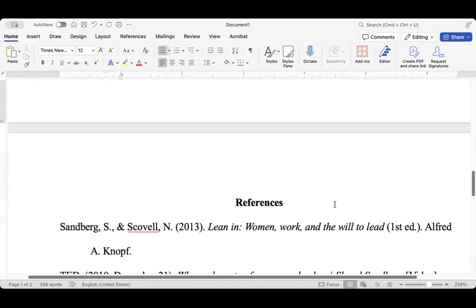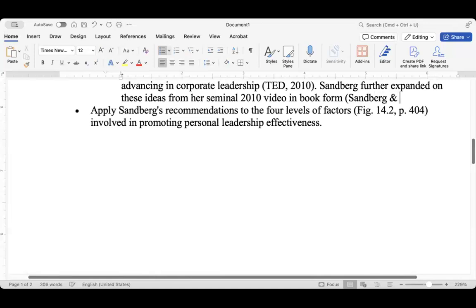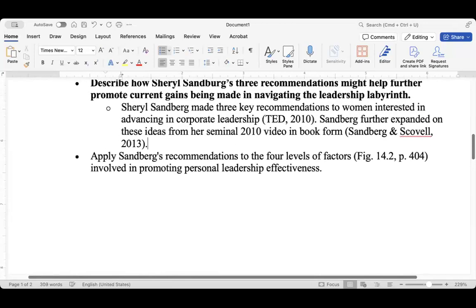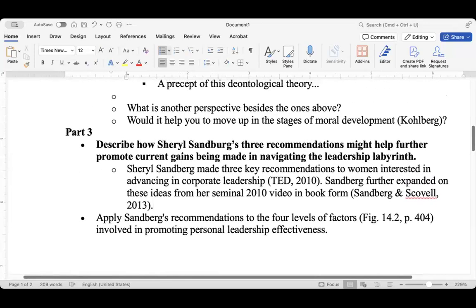And okay, we have Sandberg and Scovell. And so whatever you're referring to, yeah, this is still saying the idea originated with her, but we're getting the